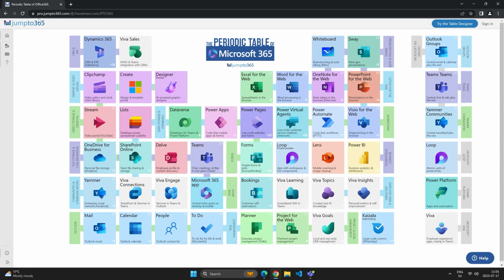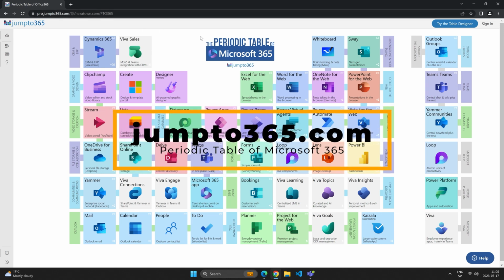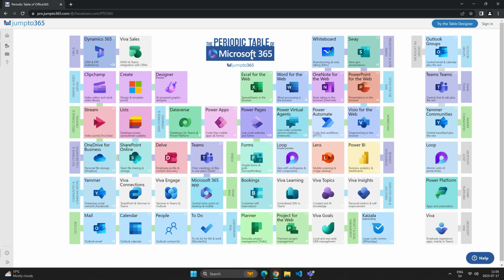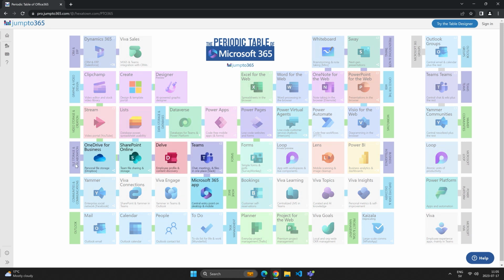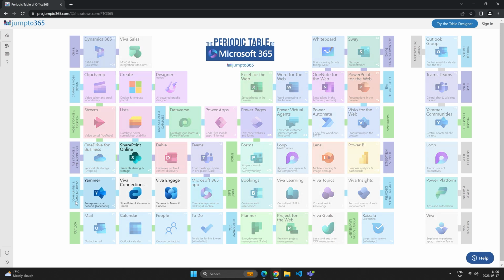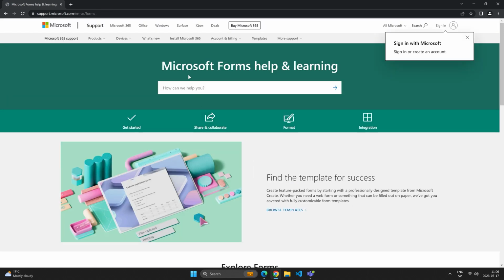Another kind of cool website is jumpto365.com. I think this is a really good one. It has a periodic table of the Microsoft 365 tooling, where you can hover over and see various concepts. For example, if I want to see file storage and collaboration, I can see how this is grouped. If I have communities and communication and Outlook, I can get an understanding. And I can also click on this one to get a little bit more information